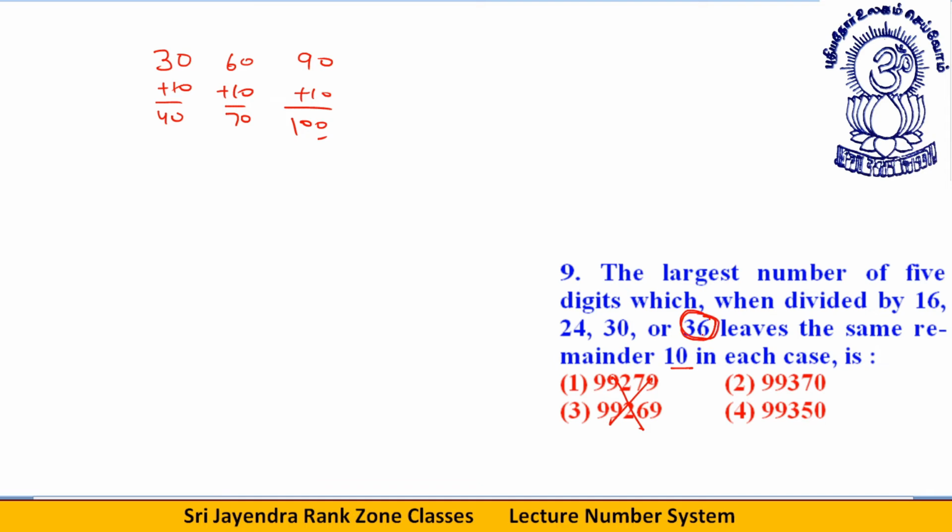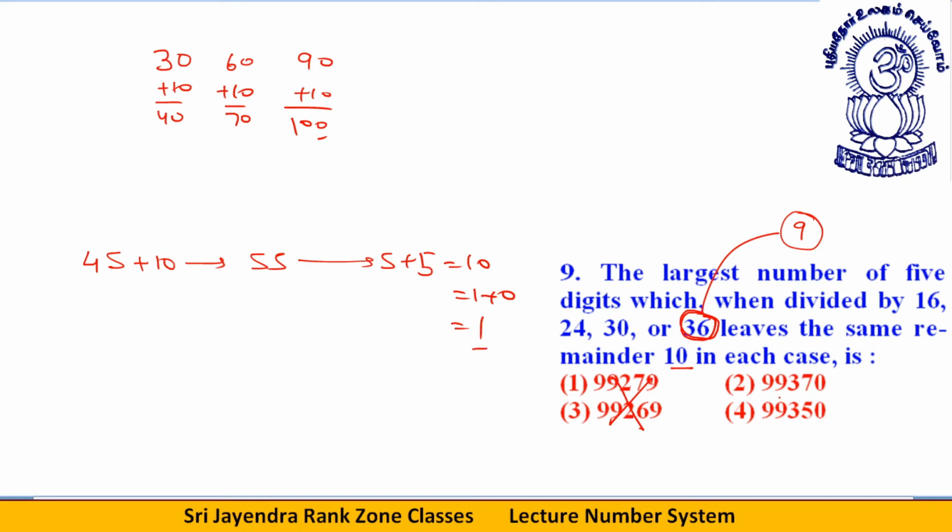Okay, dear students. Now, let's say, suppose I talk about 36. 36 divides a number means the number is divisible by 9. If any number is divisible by 9, the sum of its digits has to be 9 or a multiple of 9. To this 9, you add a 10. When to this 9, you add a 10, the remainder will be 1. The sum of digits will be 1 as per the sum of digits rule which I told you. You take any number. 45 is divisible by 9. You add 10 to this. Now what will be the sum of digits? The number becomes 55. And what will be the sum of digits? 5 plus 5, that is 10. 10 means 1 plus 0, that means 1. So the sum of digits has to be 1.